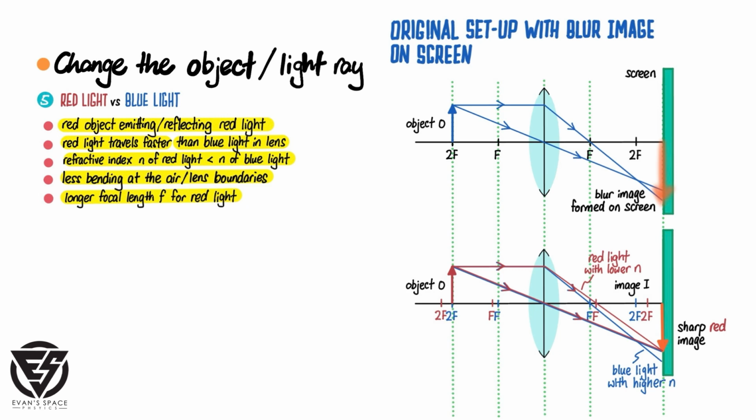Let's assume that the original is a blue object, or you can think of it as a luminous object that's emitting blue light or reflecting blue light. So the main focus here is the blue light, and this is where you get the intersection here. And if I change it to a red object or an object that's emitting red light, you should know that red light